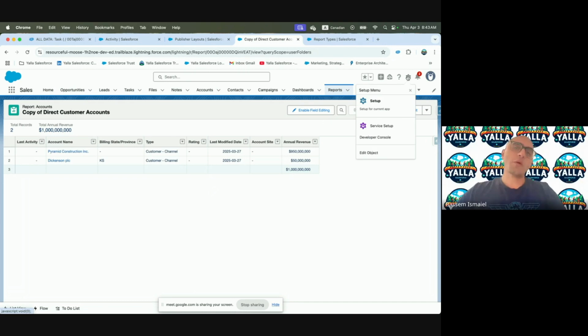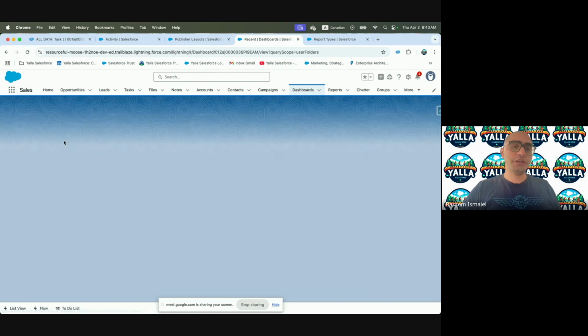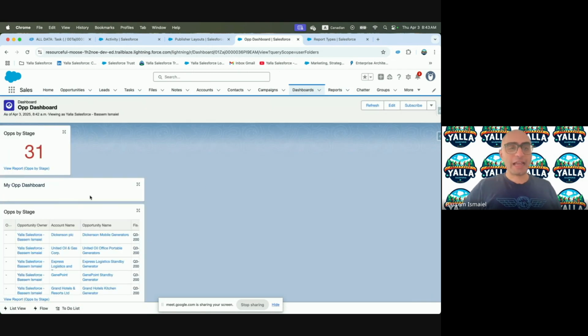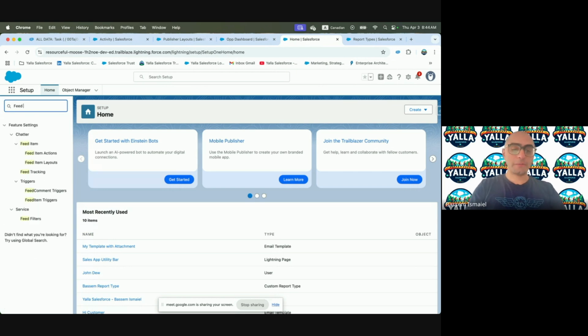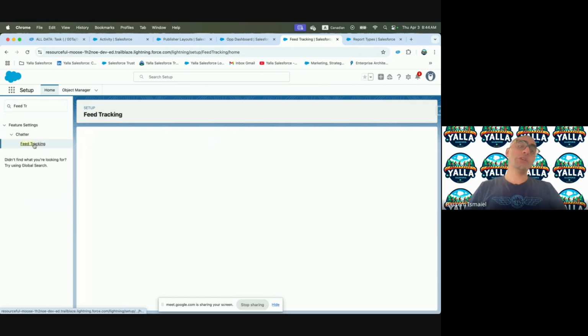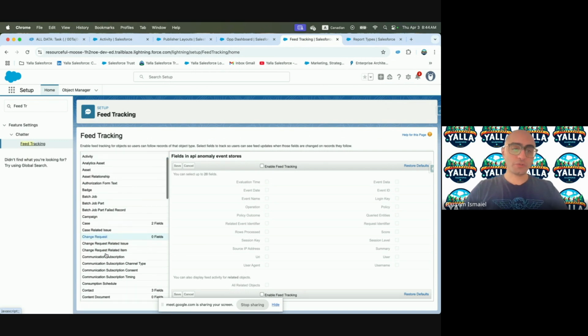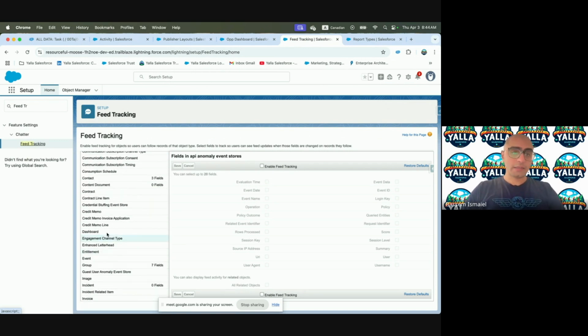Nice. One more thing, if you want to share it as an image, since we were talking about the collaboration, how can I enable that? How can we collaborate over a specific dashboard? So in here, I need to send a snapshot that I'm not satisfied with that number, and I don't have any collaboration on it. So in order to do that, you need to go to the setup and go for feed tracking. And within feed tracking, you have the option to say, I need to go to the dashboard